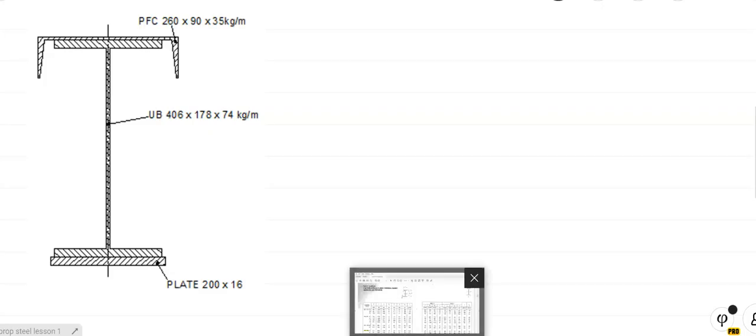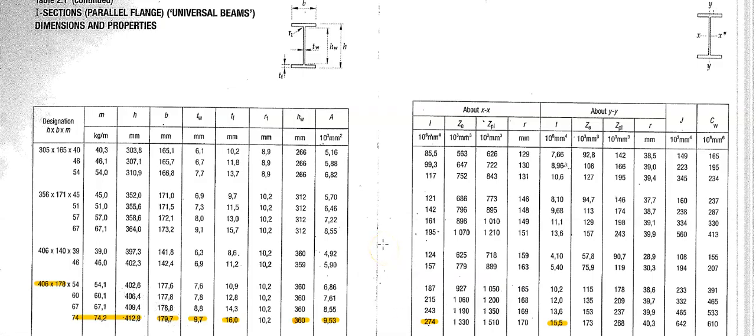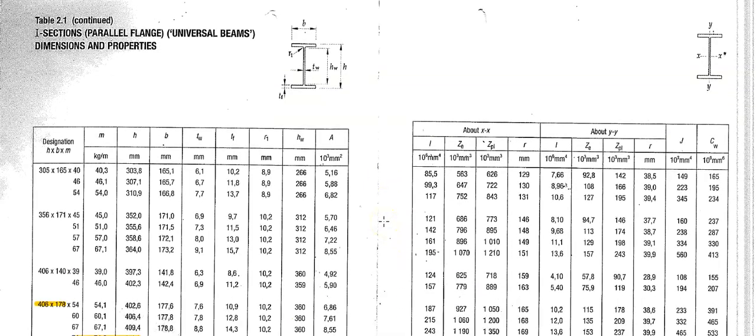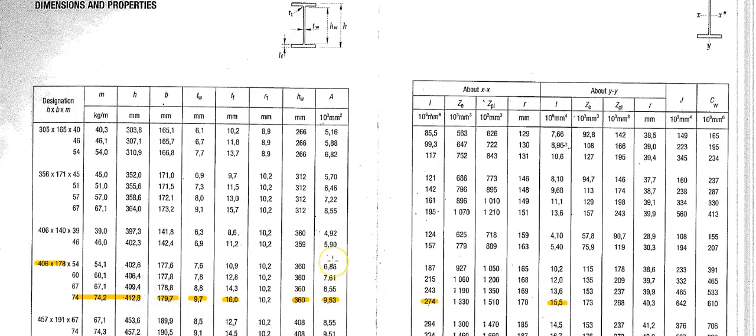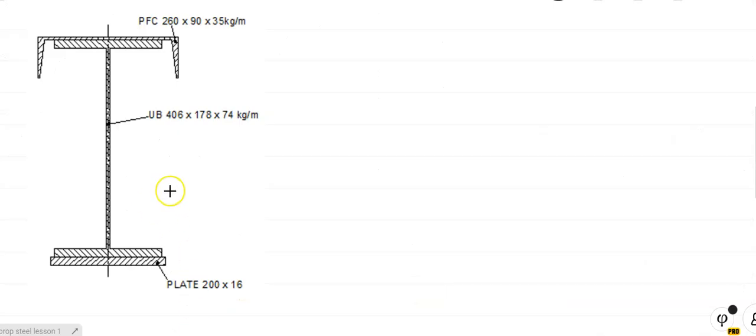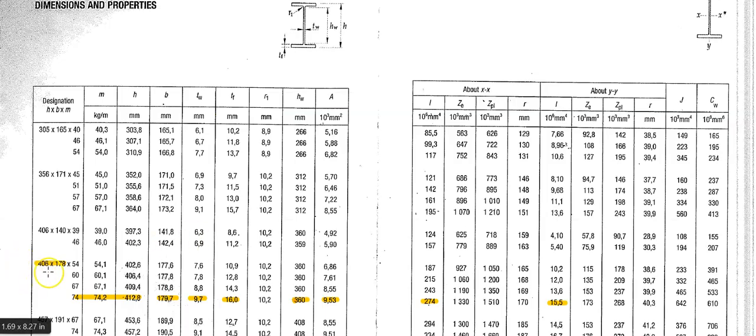Because when you go to the steel tables, which is what I've given you before, there are the steel tables. I've marked the ones we're going to work from. So this one is a 406 by 178 by 74. Notice these four sections here are all 406. Now, if I just make it a bit bigger,